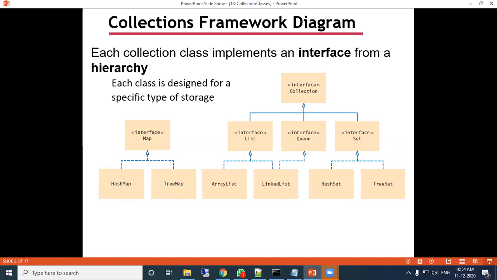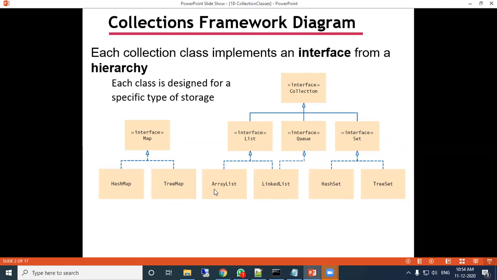So today we'll discuss ArrayList and LinkedList, and if time permits, then we will discuss some other things. Okay, so first we will see the ArrayList. This is a class where you are creating an array of strings, array of integers, array of float data, you can create an array of objects.